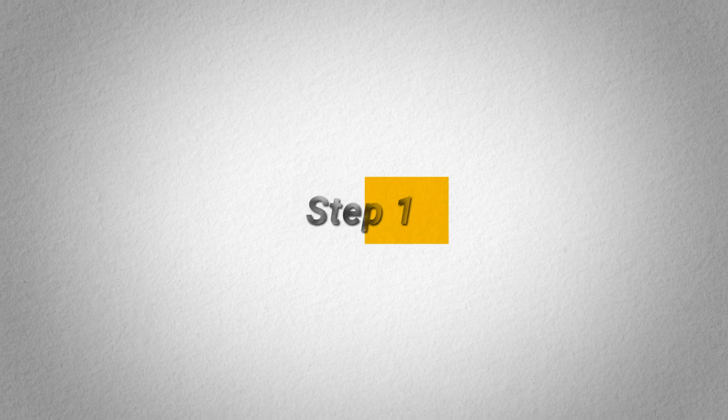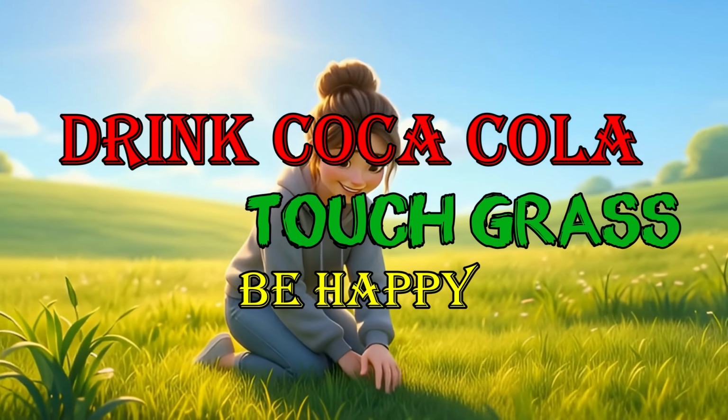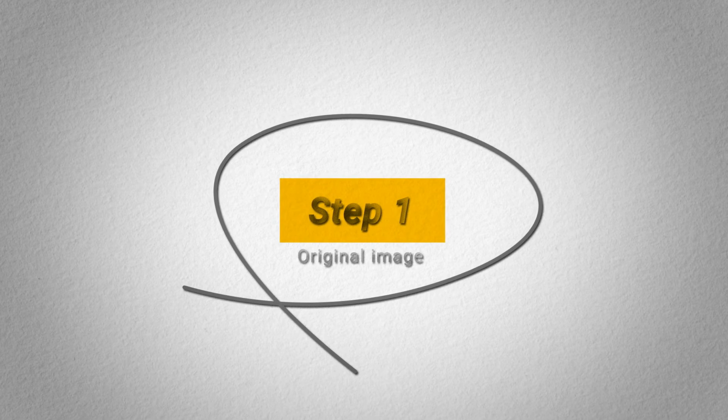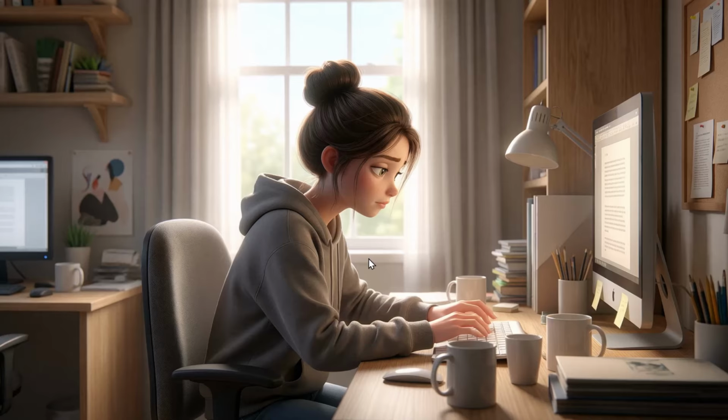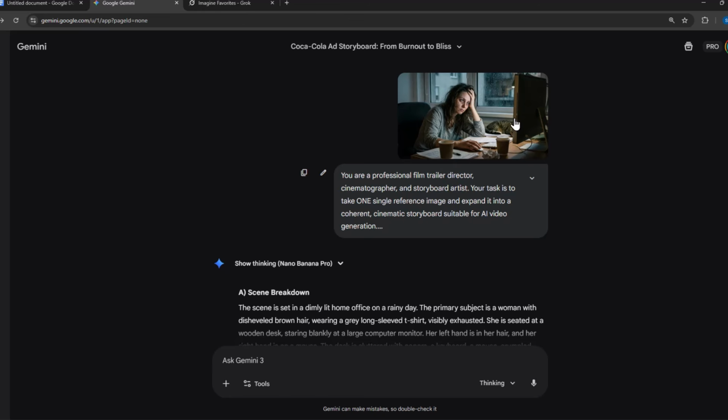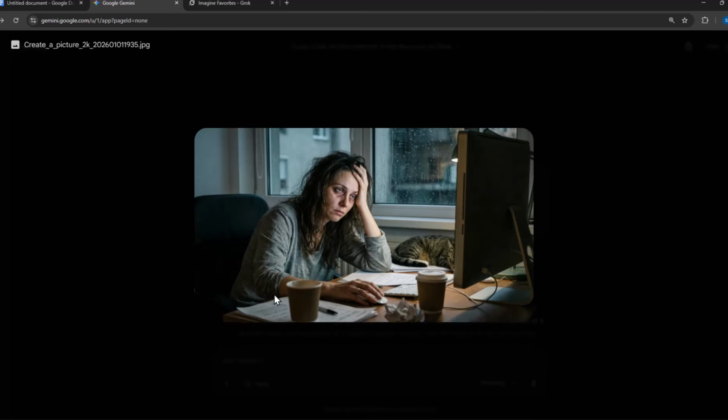Now, the first step here in creating our viral AI ad is generating the original image from which we are going to generate the storyboard and then the ad. The original image here is way more important. As you can see, this is the main image I chose for this ad creation, and this image is in the 3D animation style. That is something I personally chose because originally I was going to create this whole ad campaign using a realistic picture of a tired woman working,